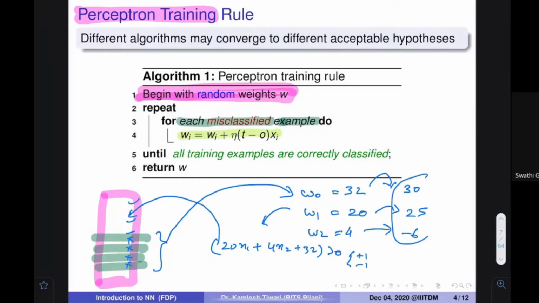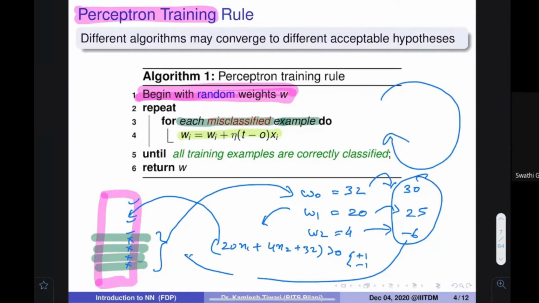Then you use this equation and you do this again, multiple number of times, and after some time you are going to converge, until all the training examples are correctly classified. Your weights have now changed, and with the changed weights you do multiple iterations, and at the end things are going to converge. I have not talked about this particular equation yet. Is the idea clear to everybody? If anybody has confusion, please let me know.